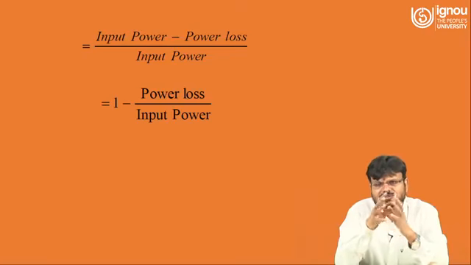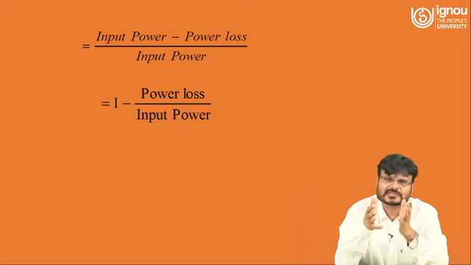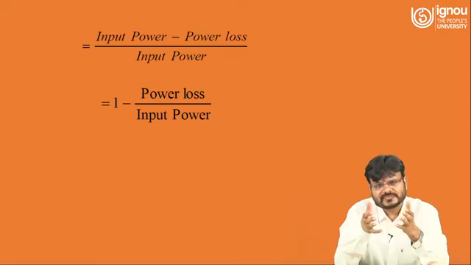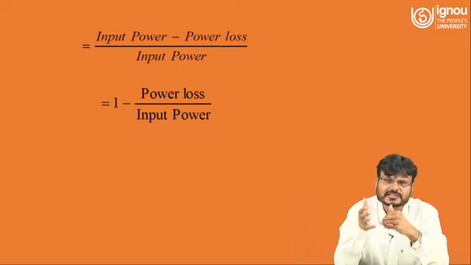As you know, the DC machine is basically a moving machine and the transformer is a static machine. So the efficiency of the transformer is more in comparison to the DC machine. The reason is that copper losses occur in both cases, in the transformer as well as in the DC motor. Eddy current losses and hysteresis losses also occur in both, but windage losses and friction losses don't occur in the transformer, whereas in the DC motor they do.